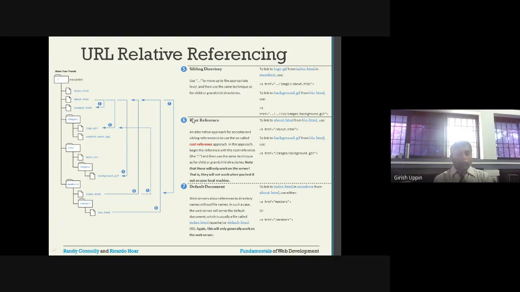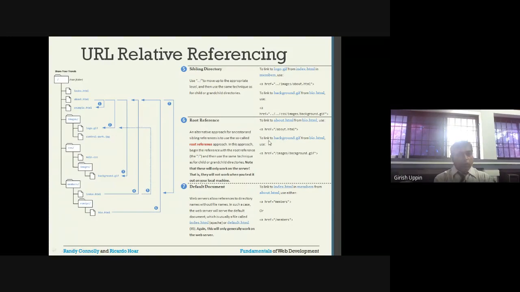Root reference. I told you about the root reference. This is the root, and this slash is used on the server side. So whenever I put a slash in front of whatever file is required, that means about.html is available in the root folder.